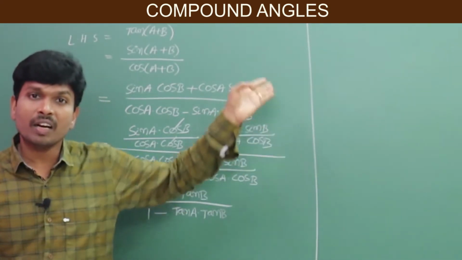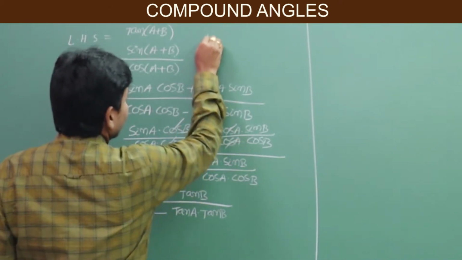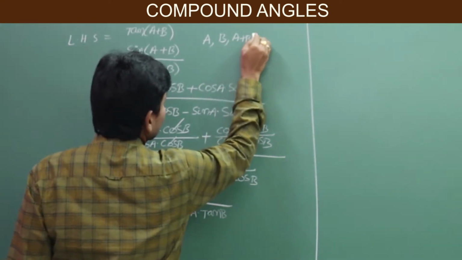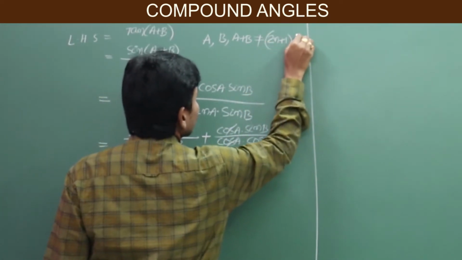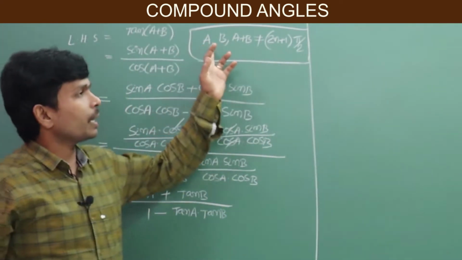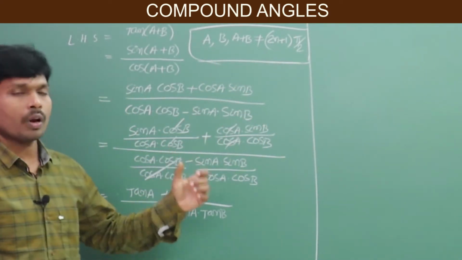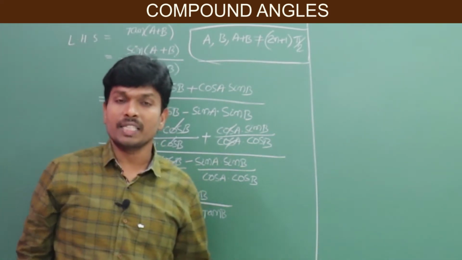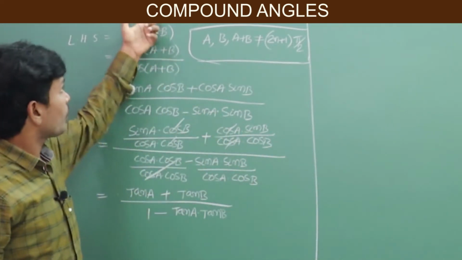Which kind of angles are there on the y axis? Odd right angles. So that's why you should not take a value, b value, or a plus b value as odd right angles, 2n plus 1 into pi by 2. If you are taking whether a, b or a plus b values as 2n plus 1 of pi by 2, meaning odd right angles, 90 degrees, 270 degrees, 450 degrees, then this formula is invalid.